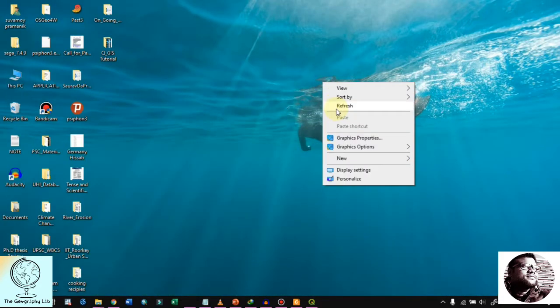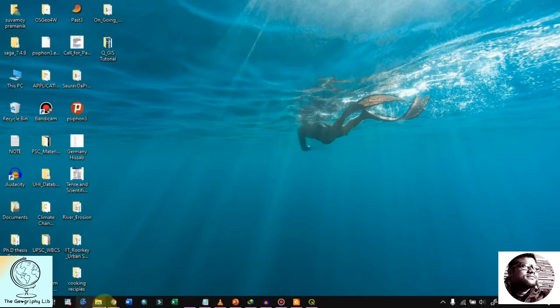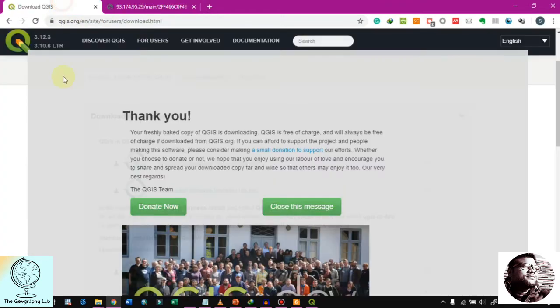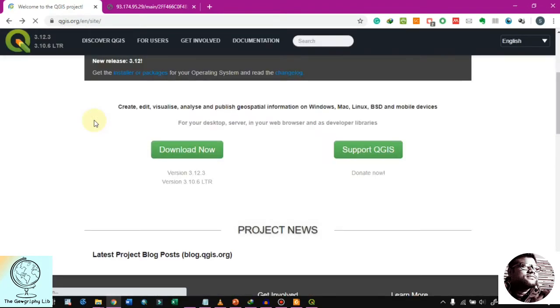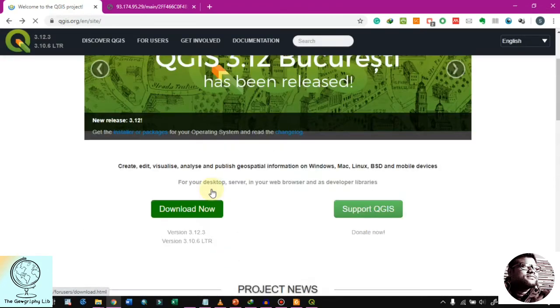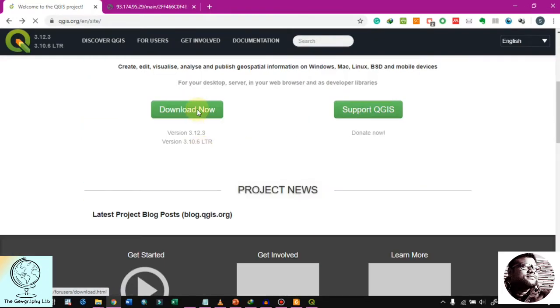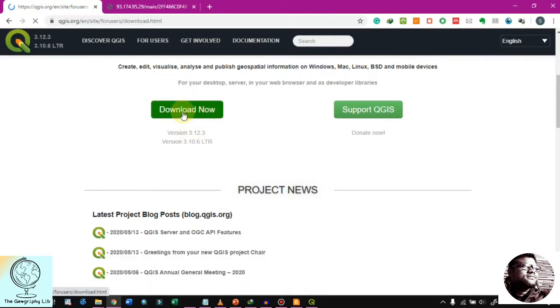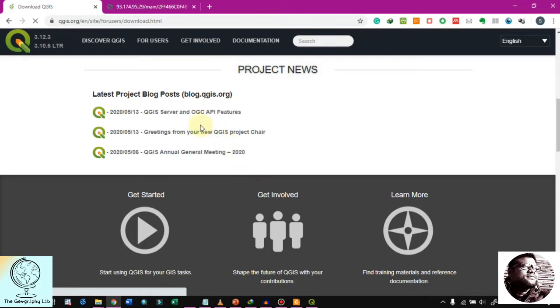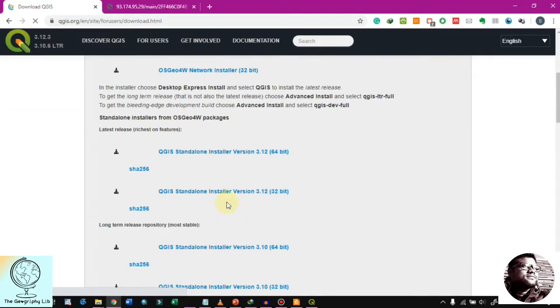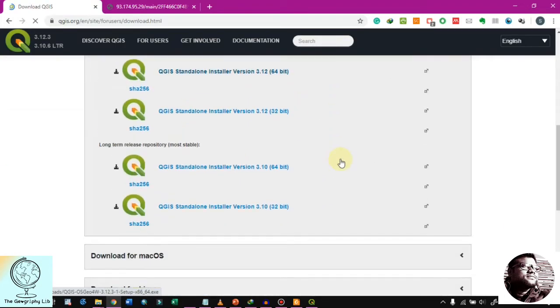So apart from that, if I go to this section, here is another way that you can download the QGIS. This is the download now button, and here you are going to the standalone installer version.